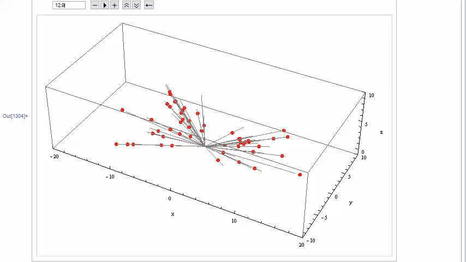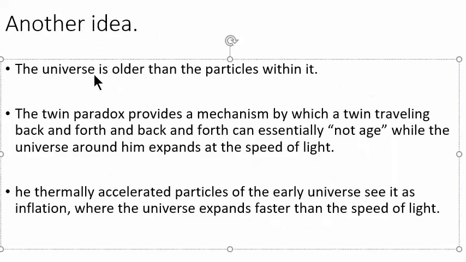And when those particles are moving back and forth at nearly the speed of light, they essentially don't age. The twin paradox provides a mechanism by which a twin traveling back and forth can essentially not age while the universe around him expands at the speed of light.